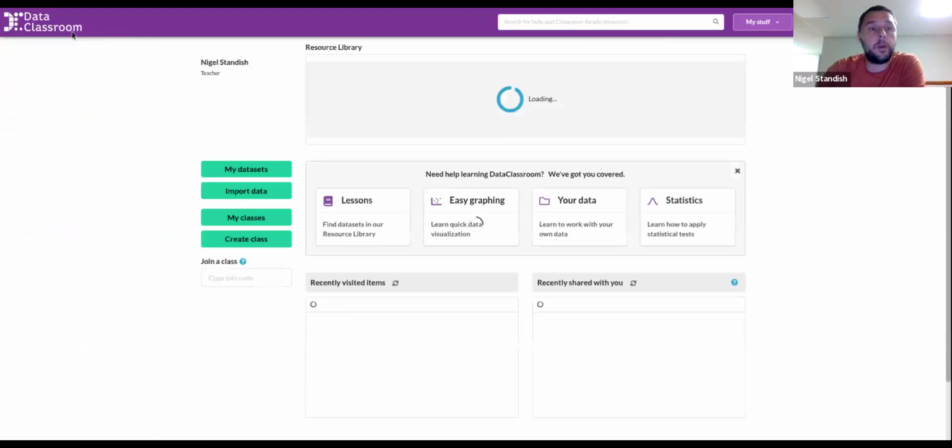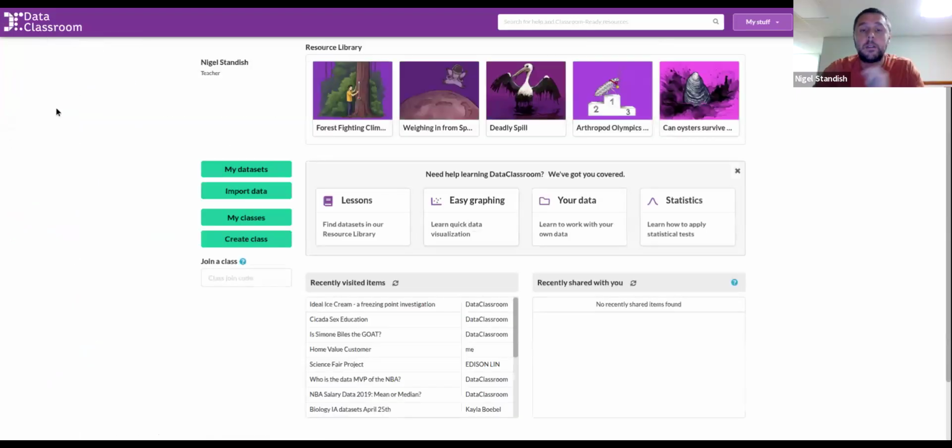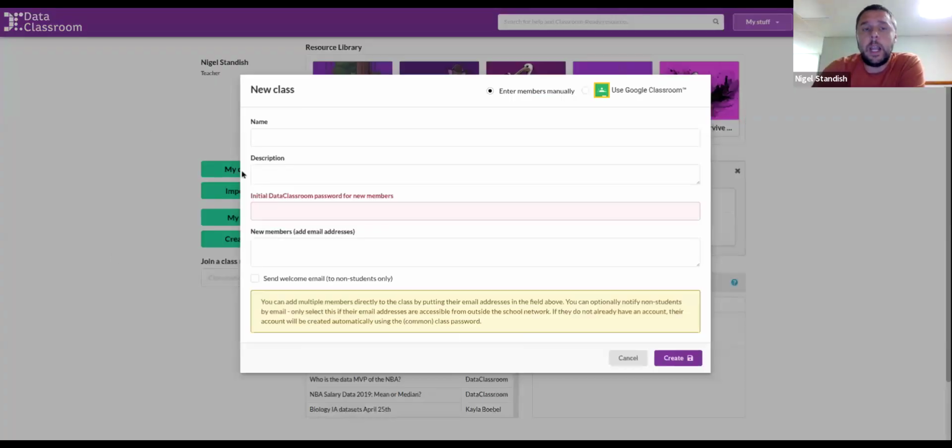Let's go back to our dashboard by clicking on the logo in the top left there. And as a teacher, one of the things that you're going to want to do is give your students access to Data Classroom. And the way that Data Classroom does that is by the teacher creating a class. When you create a class, you will then share your license, your paid features with all the students in your classes. We're going to name this